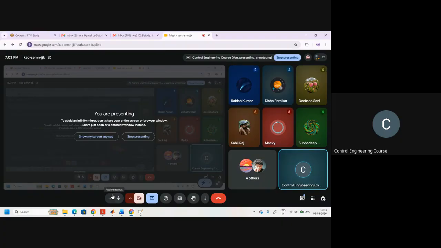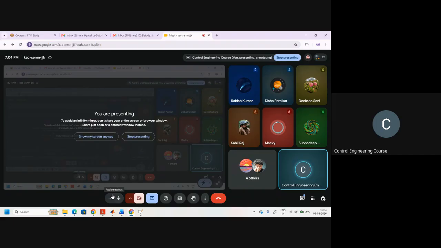So that's all for today. In the next class, we will go with the lag compensator and lead lag compensator. Someone asked in the forum about a problem where they got an angle deficiency of 120 degrees. But any compensator, a lead compensator at most, can provide 60 degrees, or maximum 50 to 67 degrees. So how do we design a compensator in that case? Because the angle deficiency is 120, but one lead compensator can provide at most 60 to 70 degrees. So how can we do it?